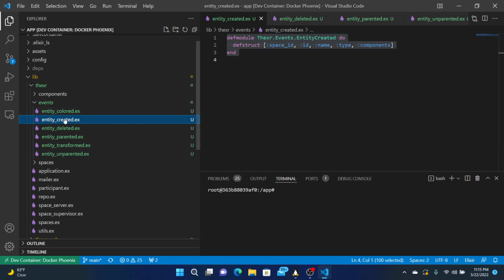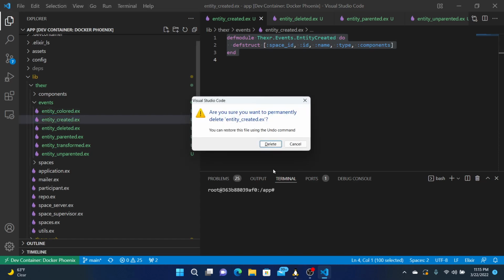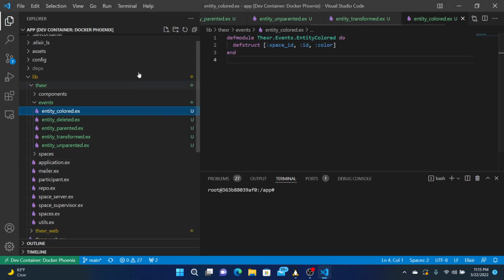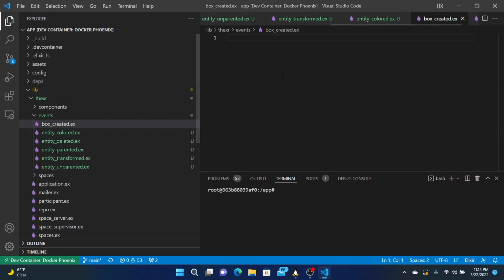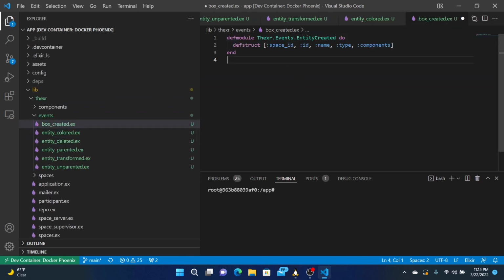Okay, let's remove this one then, and put in box created. So we don't need the type, but we can have the position, rotation, and the scaling.